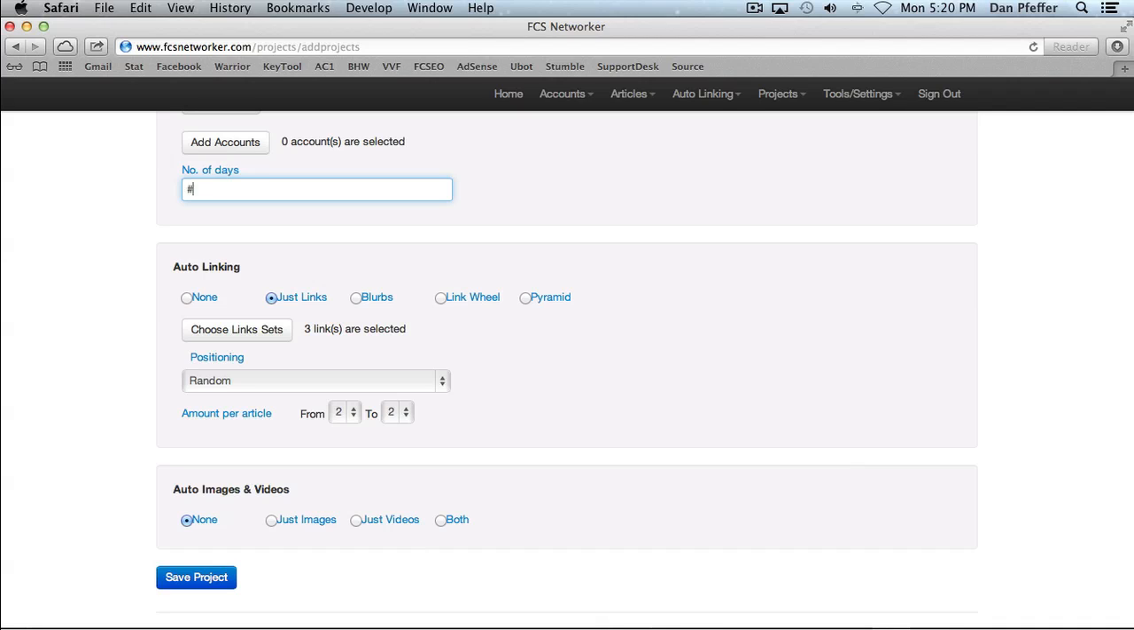use this link tag right here in your articles. This link tag is 2 number signs followed by capital LINK and then 2 number signs. Keep in mind this has to be capital letters, otherwise it won't work. So basically you can put what we call a link tag in your articles. You can put it as many times as you want,